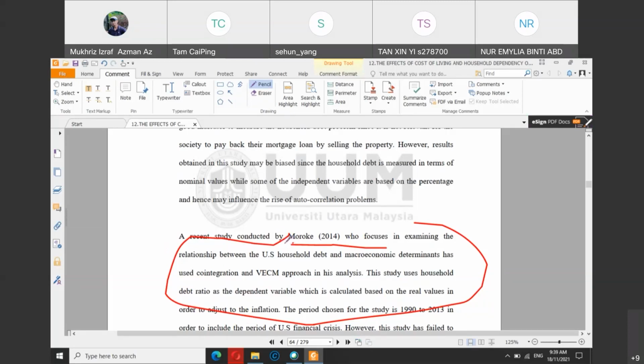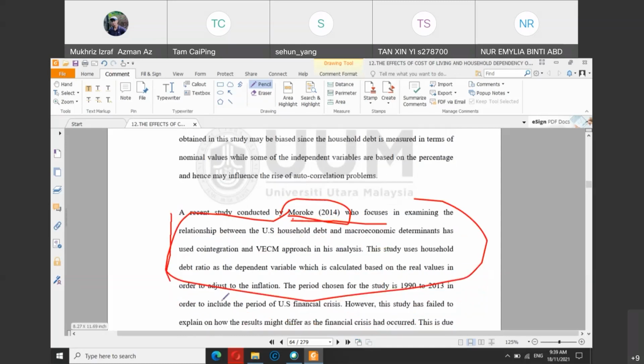The same thing applies if you want to use this particular article according to Moroki. The best way is to go to the reference, open and download the original article, read it yourself and try to understand how you can paraphrase from it. But many students are too lazy to download the original article. So what they do is they just extract from this particular paragraph and try to rewrite or paraphrase so that the meaning is still the same, but you can still avoid the Turnitin plagiarism check. So that is the second option.